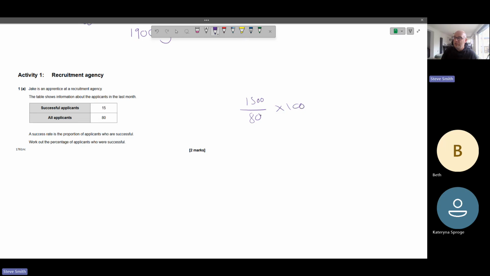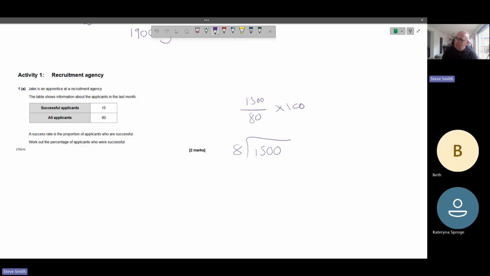So we're just going to do 1500 divided by 80, one step. And that's the answer. If you don't trust the process, we can absolutely do 15 divided by 80, but that's going to be quite difficult, right? Because 80 doesn't go into 15. But if we're going to times the number by 100, then why not do it at the start? Okay, so when it's non-calc, I've now got 1500